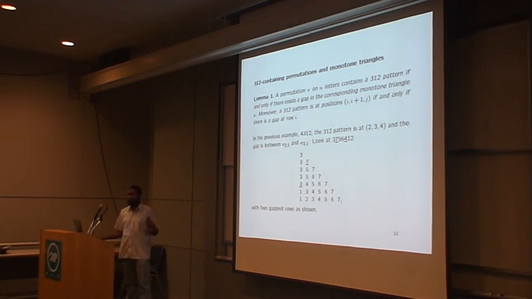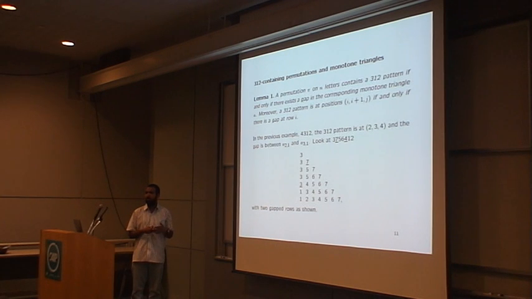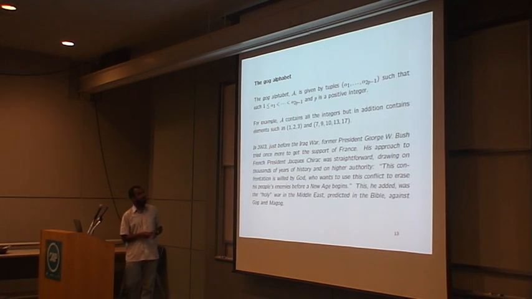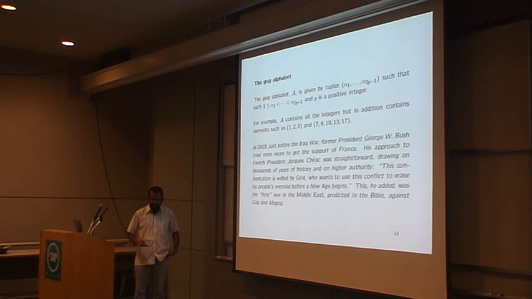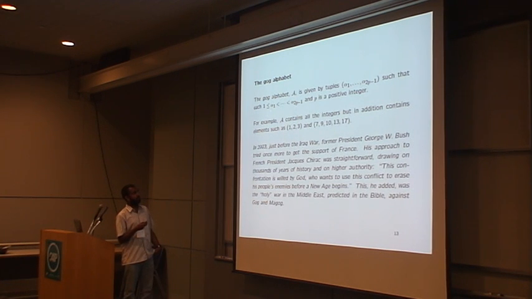This is what you would like to generalize for alternating sign matrices. I need some notion of 312 avoidance for alternating sign matrices to be able to generalize this. And for that, I need to be able to write it in word form. So I need some set of words which are counted by alternating sign matrices and which are in natural bijection with ASMs. So I define a GOG alphabet, which is given by a tuple